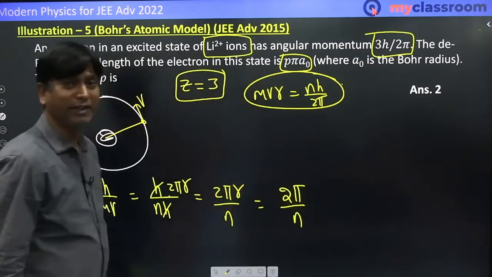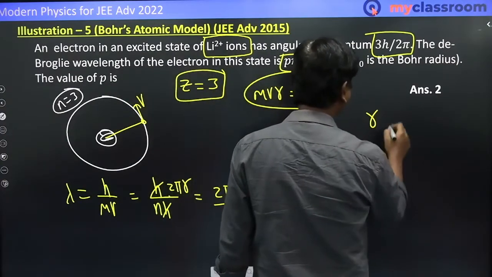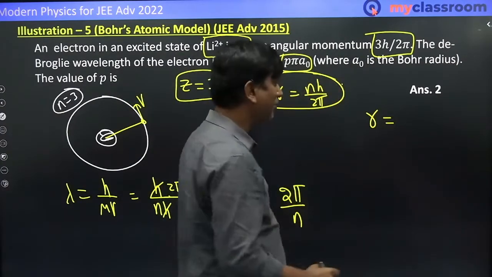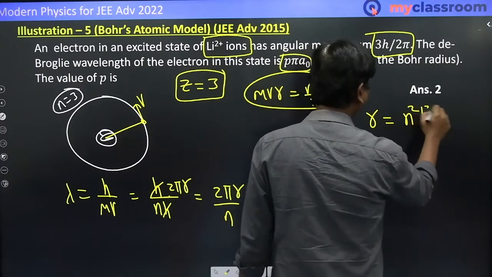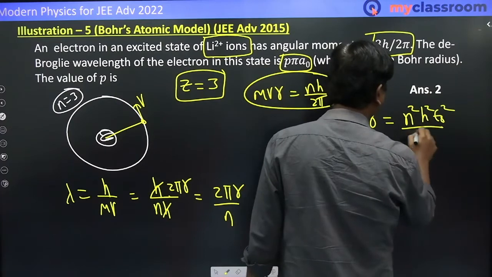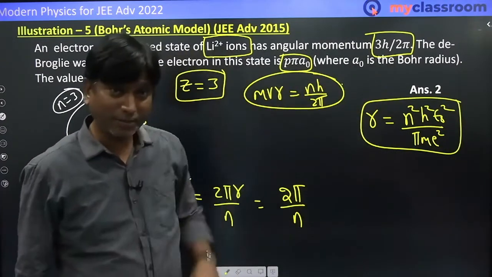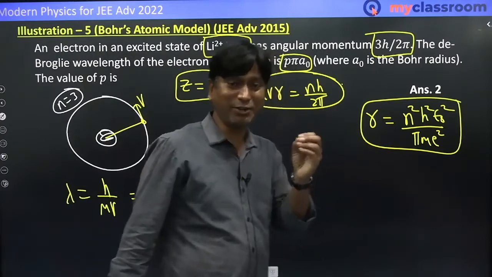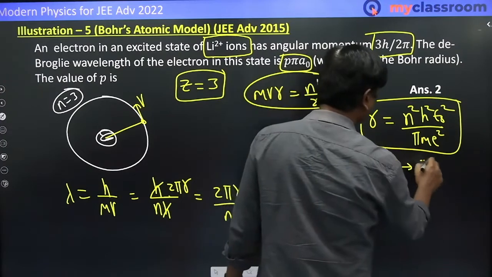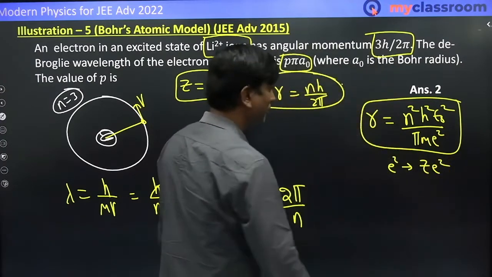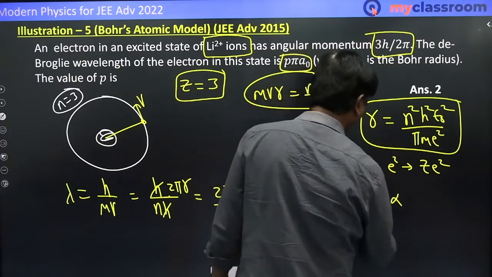What is the radius of the nth orbit? Formula. Radius of the nth orbit is equal to n square h square epsilon naught square by pi m e square. This is the radius of the nth orbit. Now, this is for the hydrogen atom. When you take a hydrogen-like ion, e square will be replaced with Z into e square. So that is why your radius of the nth orbit will be proportional to